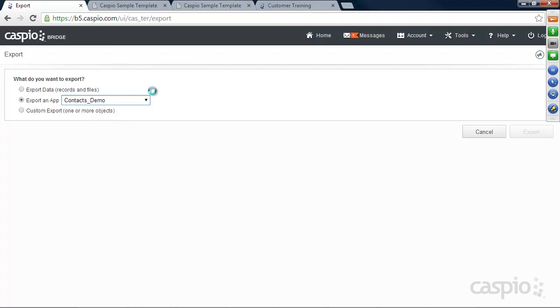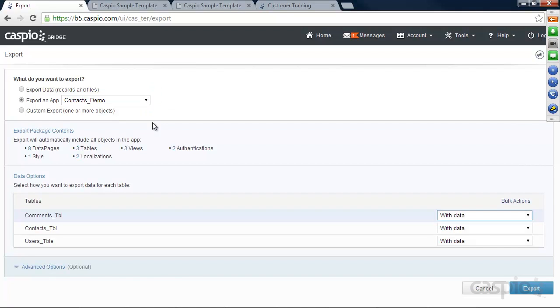Now when you export an application, it's going to export everything that you've built for that app. You can export all the forms, all the reports, all the tables, views, authentications. This is especially useful if you're a reseller, or if, let's say hypothetically, you decide to cancel your account